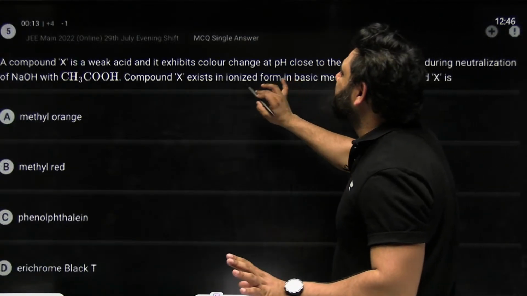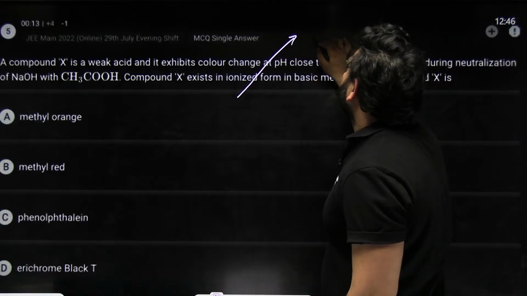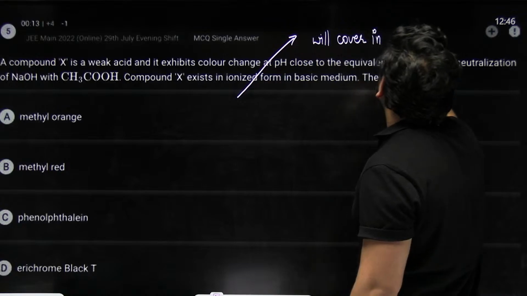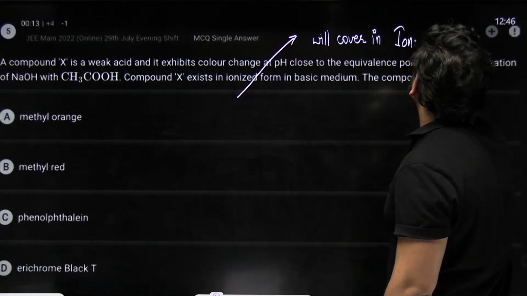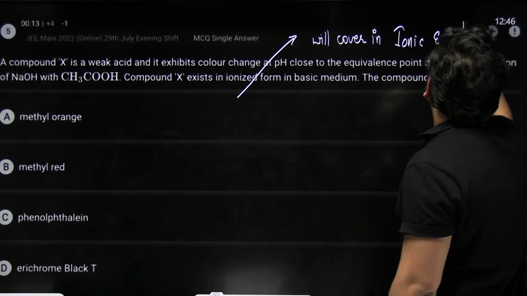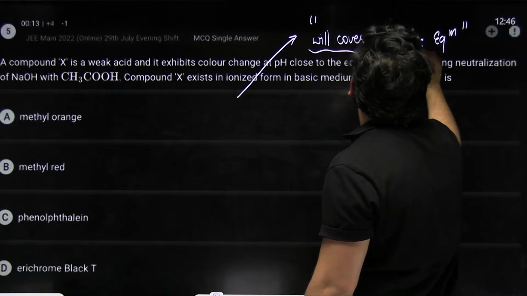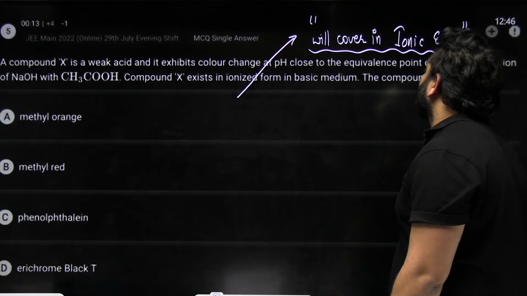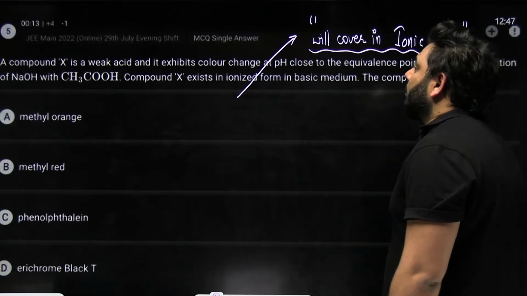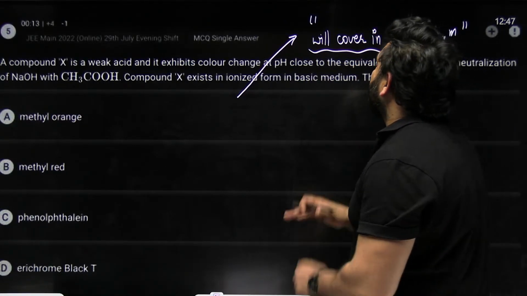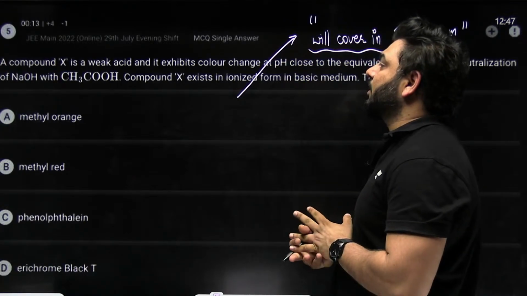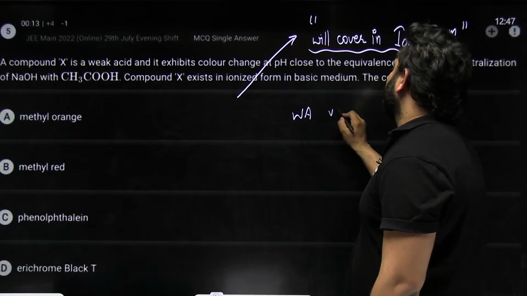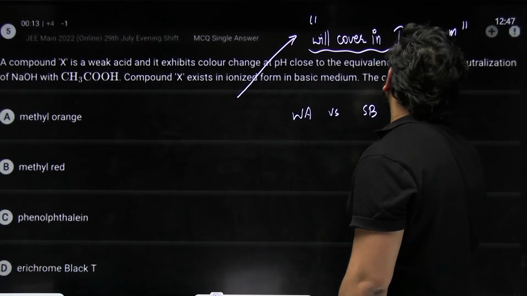So this kind of question, which is related to the pH and all, we will cover in ionic equilibria. This part of the chapter will be covered in ionic equilibrium, because this is related to the indicators and what indicator is used in which condition. So right now what we are having is a weak acid, and it exhibits a pH equivalence point due to the neutralization with NaOH. So what we are having is a weak acid versus strong base titration,